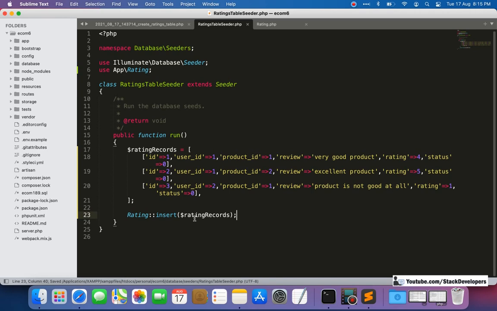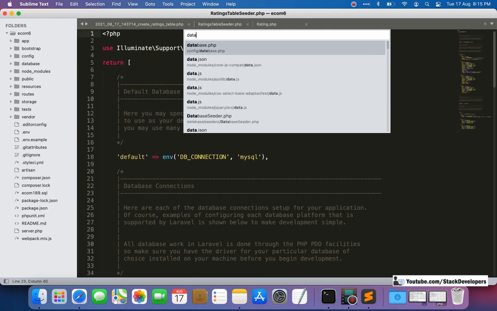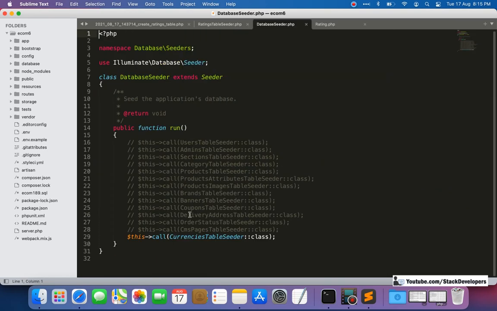Now we are going to run php artisan db:seed, but first of all we need to update one more file, and that is the DatabaseSeeder file. We need to update this file like we have done for the currency table seeder. Here I am going to comment this one out, and we will add RatingsTableSeeder this time.